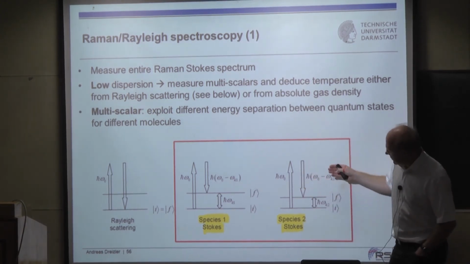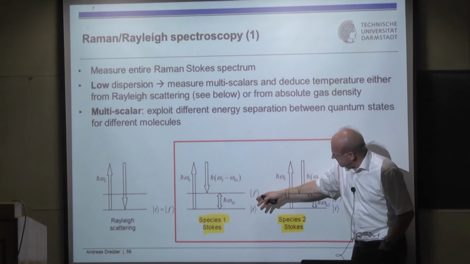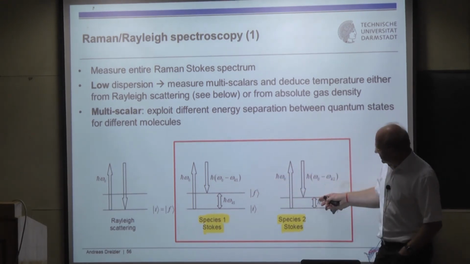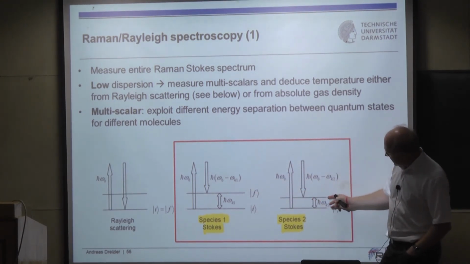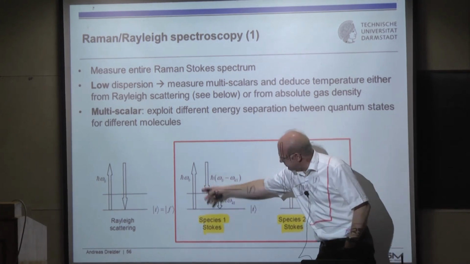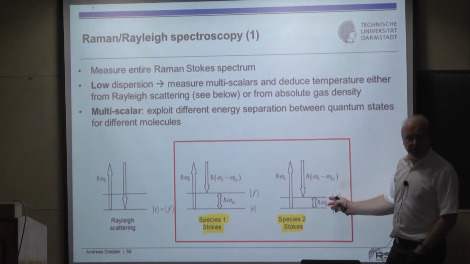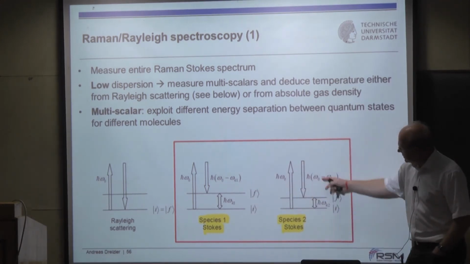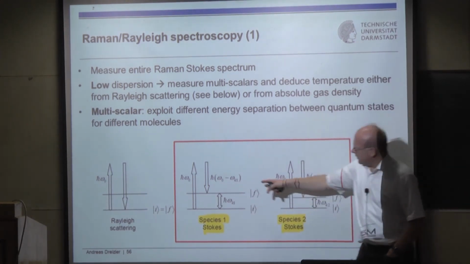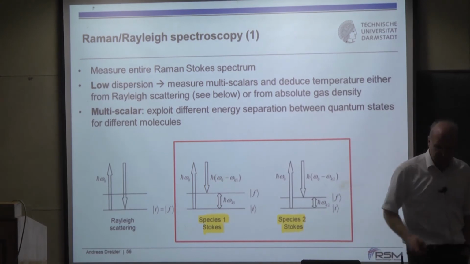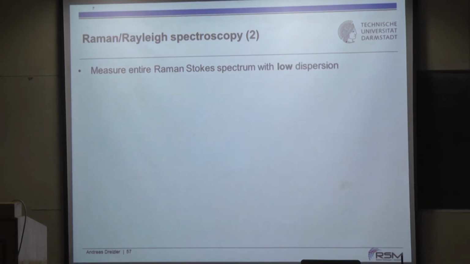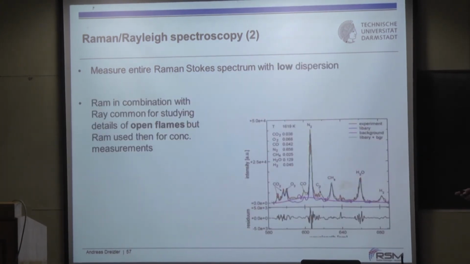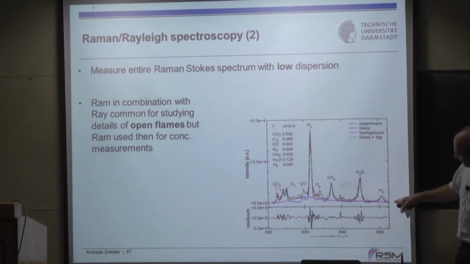I've shown that I think already, the principle of Raman spectroscopy to get species concentrations is to exploit that you shine in the same laser in the same probe volume, but because the different molecules do have different Raman resonances with different energy separations, the Stokes scattered light does have different frequencies or wavelengths. And if you now disperse that, you have shown that view graph already, you can see now, with a low dispersion, typically a 30 centimeter spectrometer,